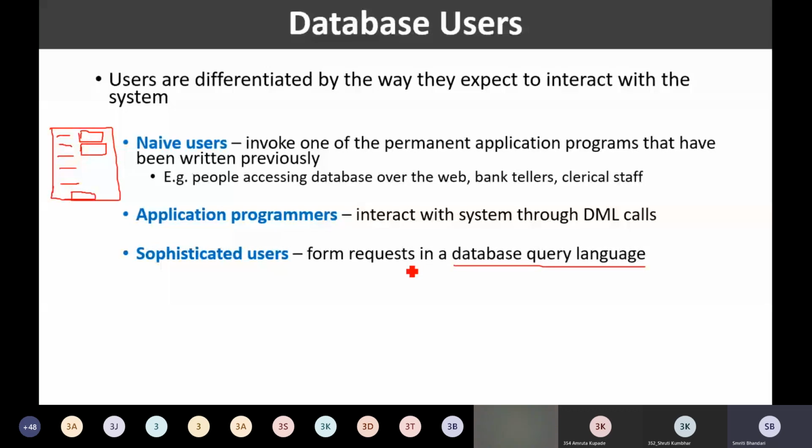So sophisticated users are typically the data analysts. Those are actually analyzing huge amounts of data that is stored in the database to come up with some kind of decision making rules, right? And then the administrators will work accordingly.